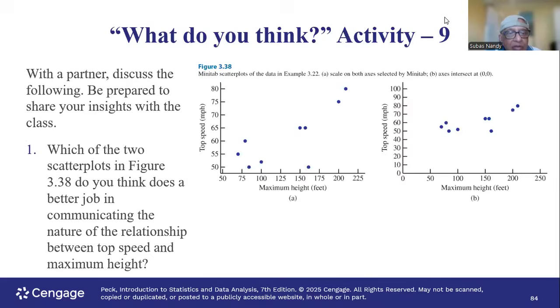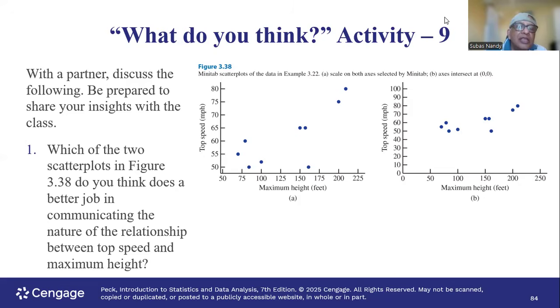This is what you see. We want to discuss the following. Be prepared to share your insights. Which of the two scatter plots in figure 3.38 do you think does a better job communicating the nature of the relationship? I would say the one which begins, notice the difference between the left and the